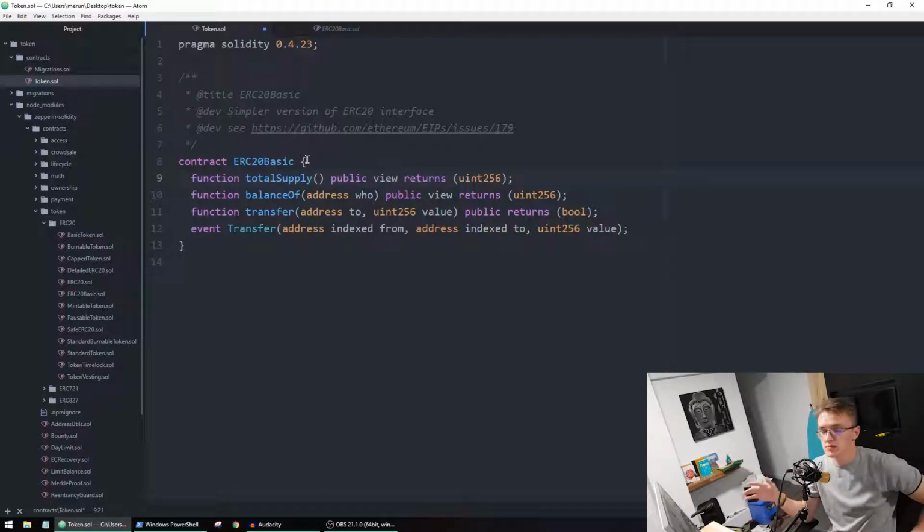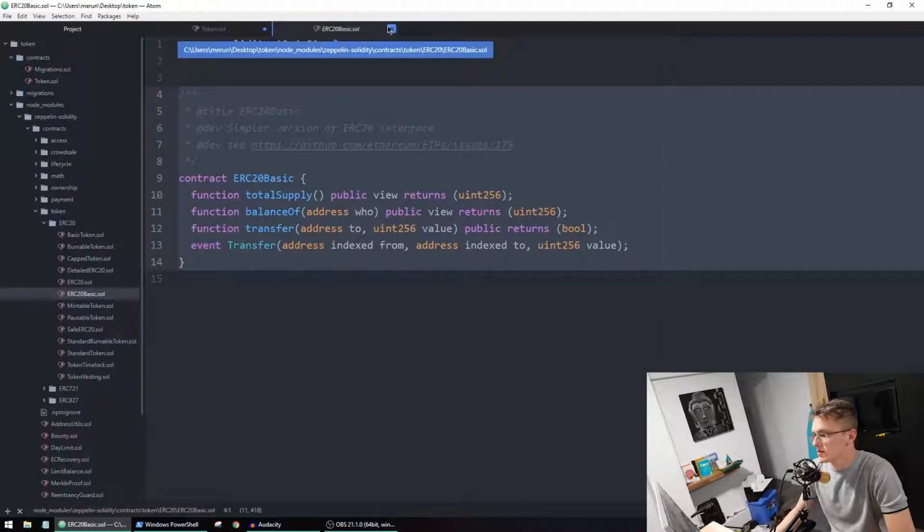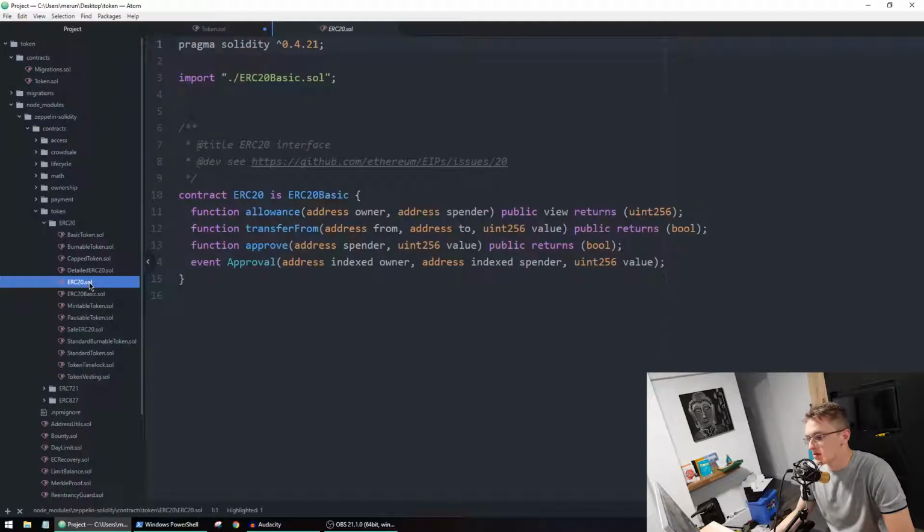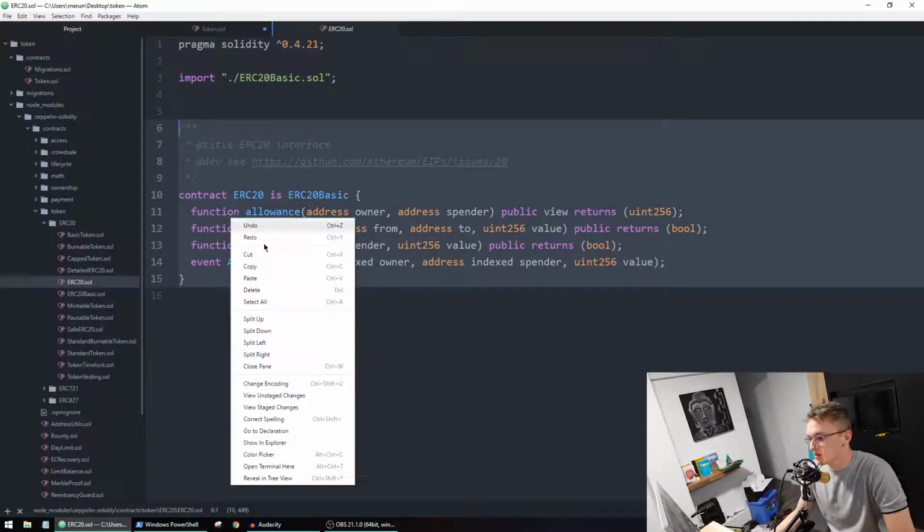Then you have allowances, but they don't really matter right now. They're just used for more complex projects. The total supply is the total amount of tokens that are available at that moment. Let's copy the ERC20 Solidity. It has some advanced functions